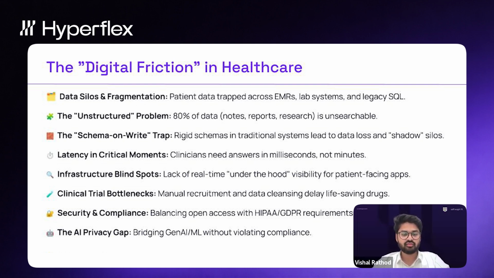And apart from this, we also have infrastructure blind spots. What I mean by that is, apart from just maintaining the data, as we see the number of hospitals and clinics grow, and all the advancements in medical tech, that is the machines that we have, we do not have complete visibility of real-time telemetry of these instruments. So we need something which is near real time and performs under the hood for visibility of all the apps and infrastructure which are directly in touch, first touch with the patients.